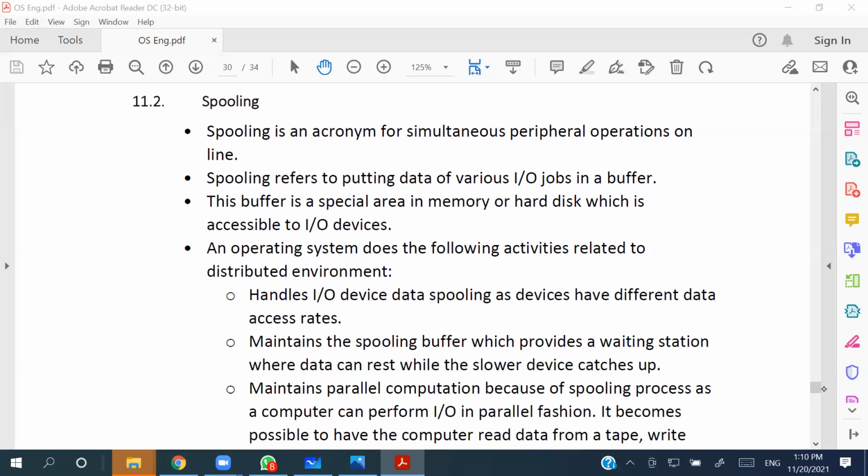Because this is a CPU bound process. But when it comes to the printer, the printing process is an I/O bound process, an input-output device bound process. That means literally it depends on the speed of the printer. Now, the speed of the printer and the speed of the processor are two different speeds,